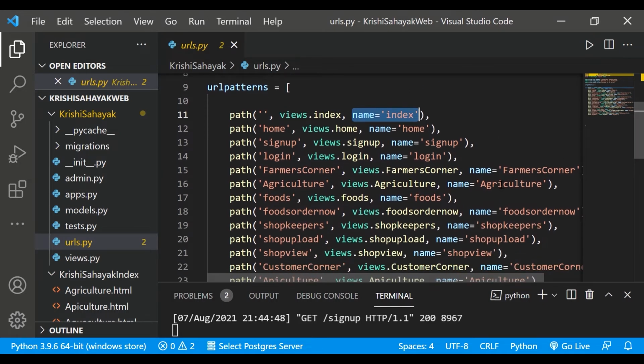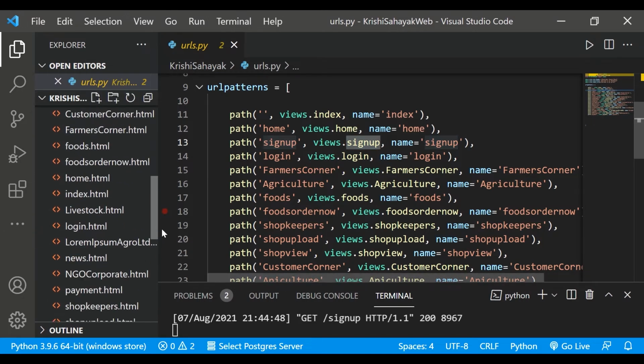And then if someone gives this path signup, views.signup, name equals signup. The moment the user requests the path /signup, it will call this function named signup, and it will show me the signup.html page.